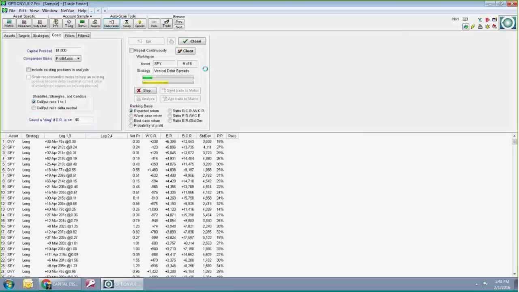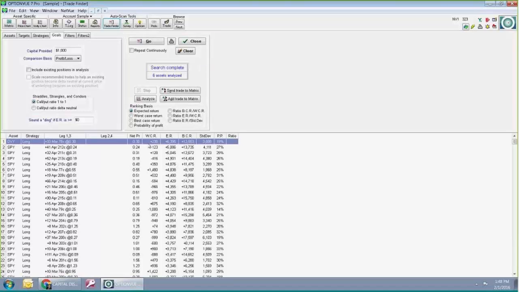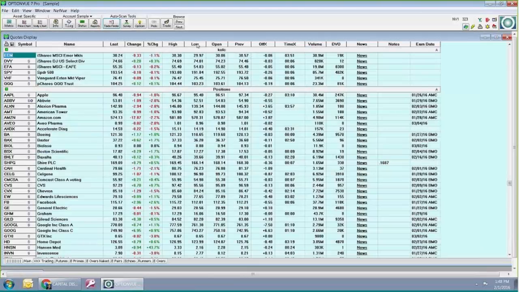It probably would not work as well if you're putting in a group like Procter & Gamble, JP Morgan, Microsoft, and ExxonMobil. They're groups that have nothing in common, so they're probably not going to move that closely together. And then it tells me here's the best expected return, on the DVY. Buy those calls if they move up 5 to 10.